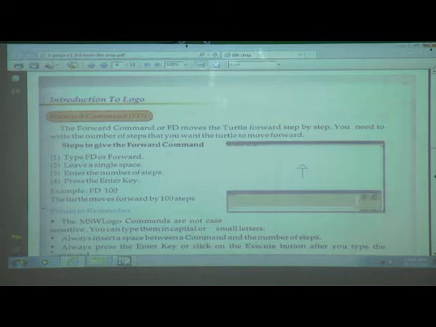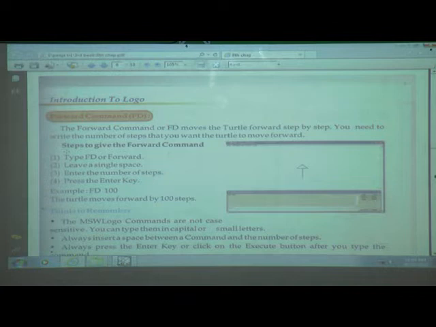You need to write the number of steps that you want the turtle to move forward. If you want to go to the front side only, then the FD command is very useful.